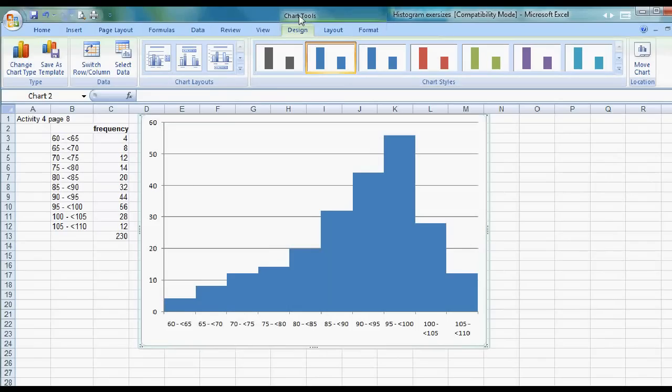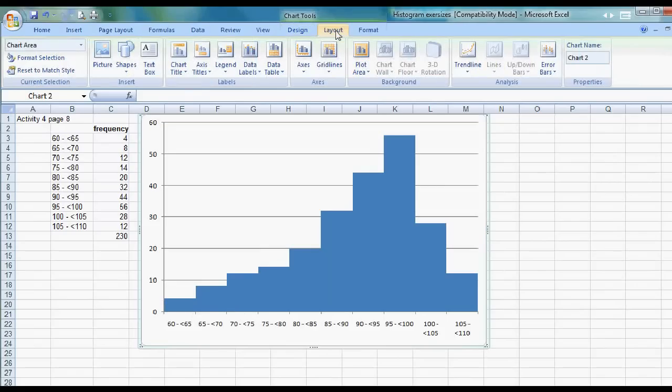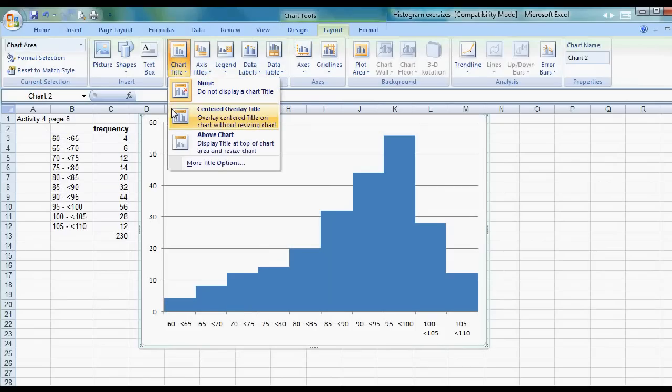We now need to add titles. At the top of Excel, you'll see it says Chart Tools. We want to click on the Layout tab underneath the Chart Tools. And then you'll see we get some options come up, one of which is Chart Title. If you click on that, I usually choose Above Chart. If you click on that,